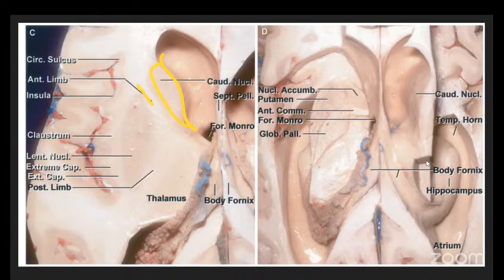Then we have the anterior limb of the internal capsule here. And you see this lentiform nucleus. Now this is called lentiform nucleus. Why? Because